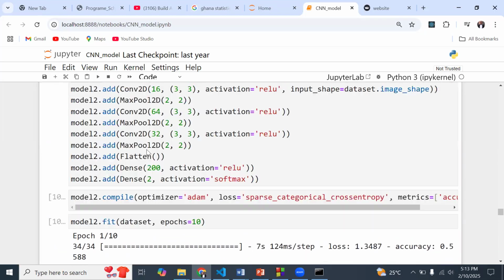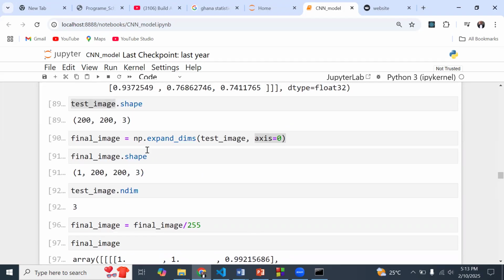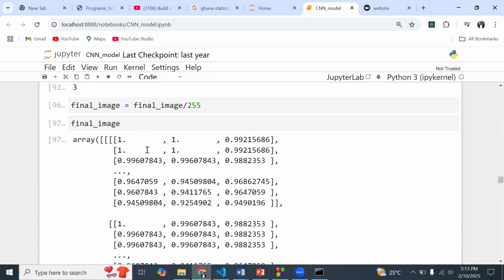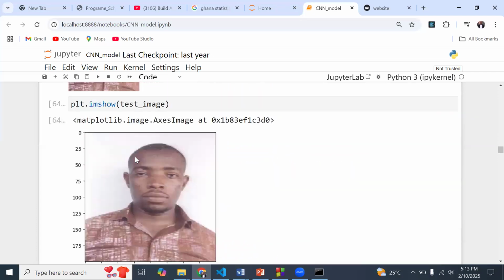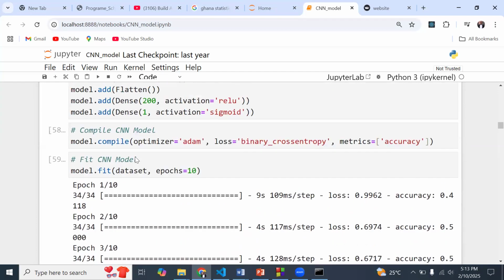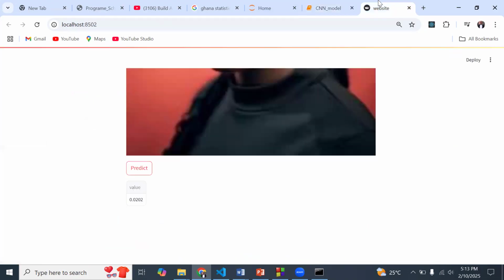So this is model 1. And remember with model 1, we only had one neuron. Where is this one? We had one neuron at the output, and we're using a sigmoid. And currently, based on this prediction, we are getting a 0.0202. So clearly, users using this application are not going to understand what we see over here.